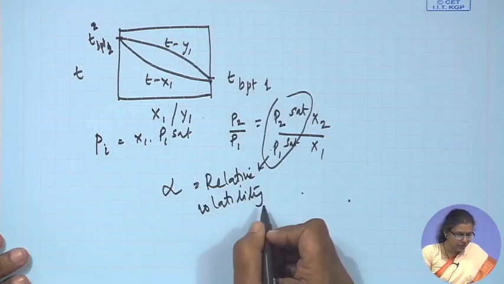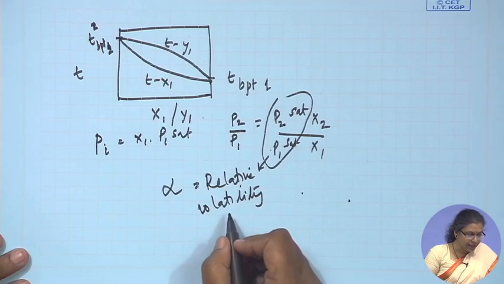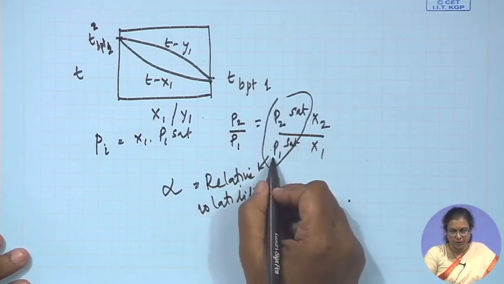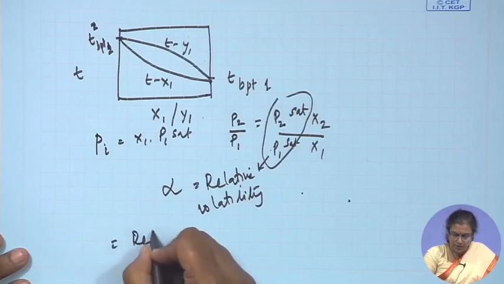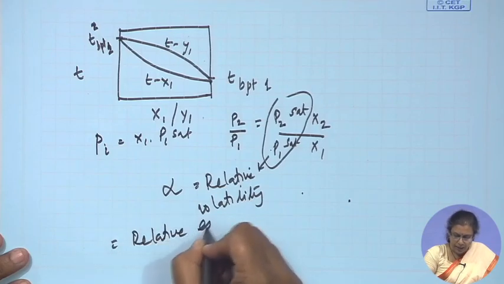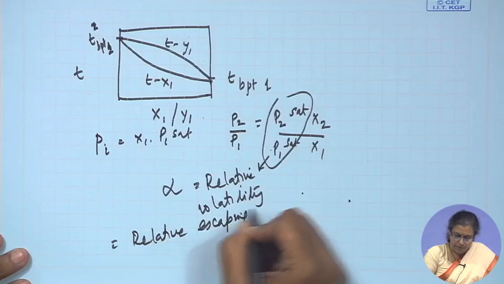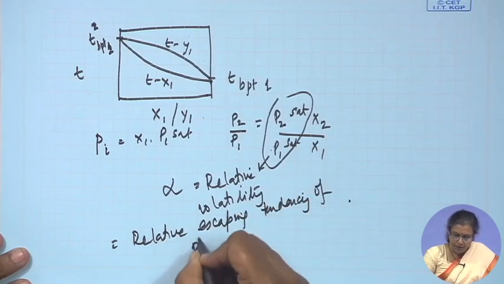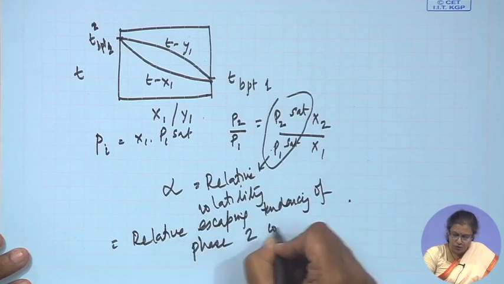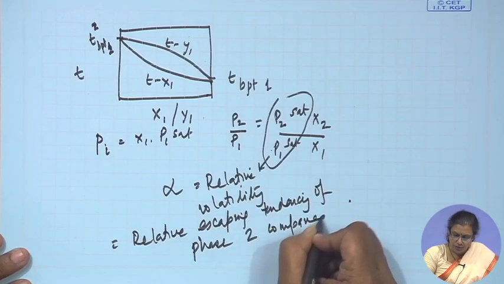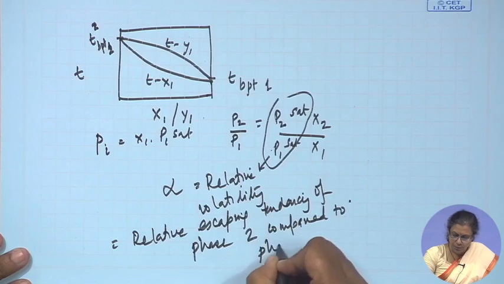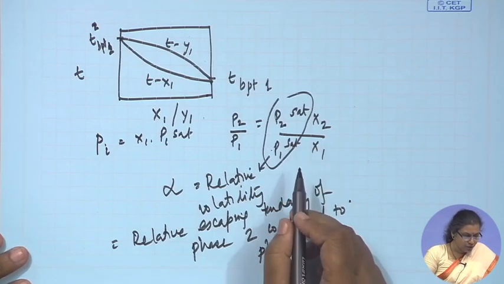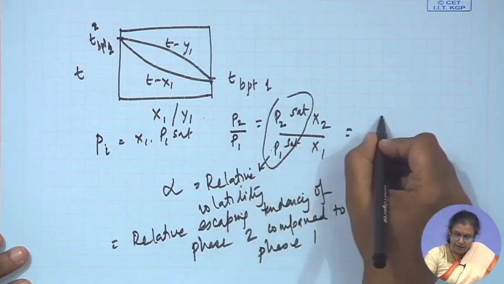What is this relative volatility? It is the relative escaping tendency of the second phase with respect to the first phase. So this is the relative escaping tendency of phase 2 compared to phase 1. Therefore this is termed as alpha. So therefore we can write this down as